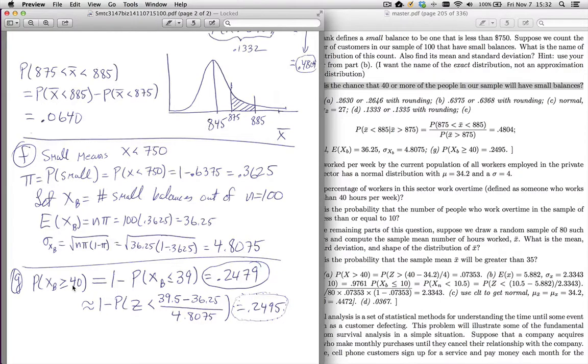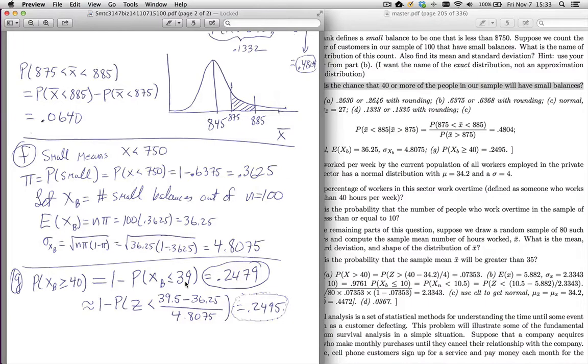Well, all of these functions answer less than questions, and whether it's Excel or R or tables, they only do less than. So we have to convert this to a less than. Since the binomial is a discrete distribution, we have to be really careful about our equal sign. So the chance that we have 40 or more small balances is just 1 minus the chance that we have 39 or fewer